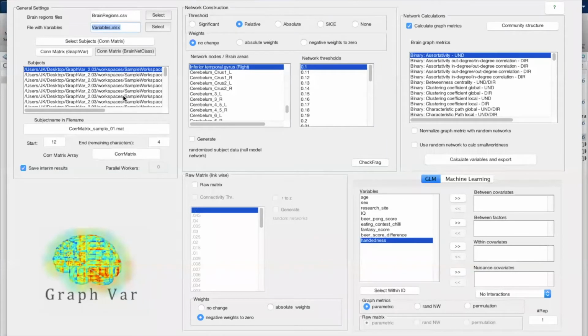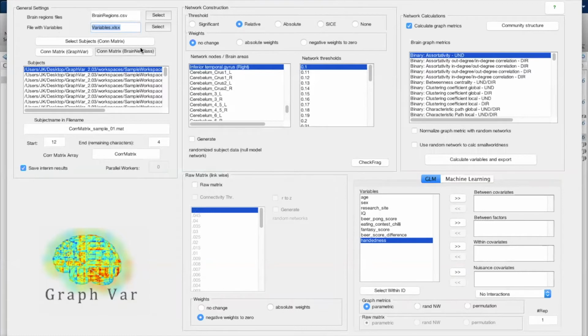Okay. So everything is set up now. I've loaded in the variable sheet, which I loaded in here then respectively. I've selected either my pre-calculated connectivity matrices, or I generated some connectivity matrices from my pre-extracted time courses. Okay, just to let you know, there's also now another possibility which we implemented in here, and you can